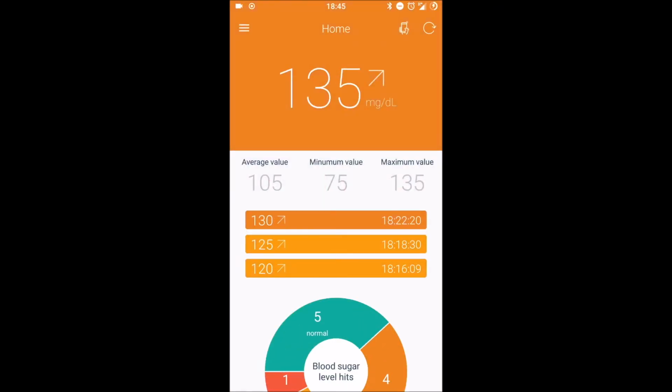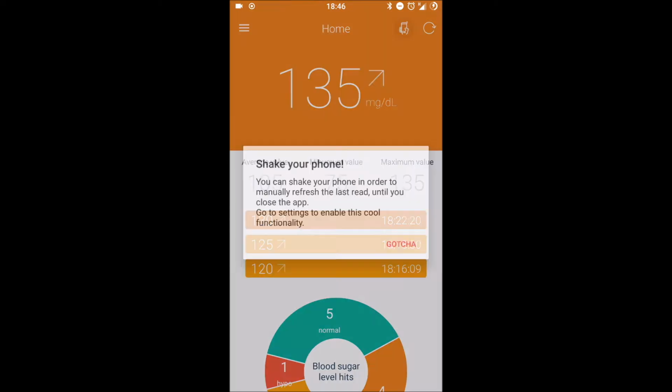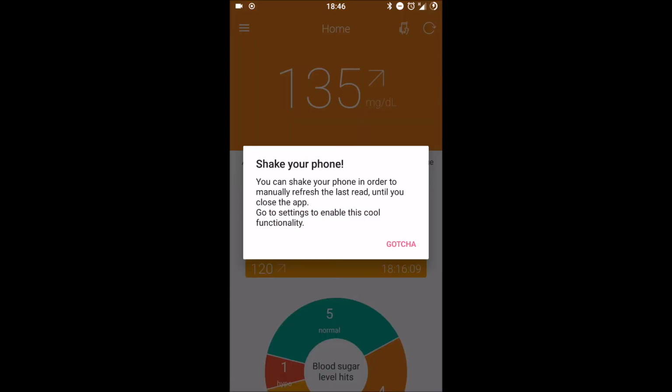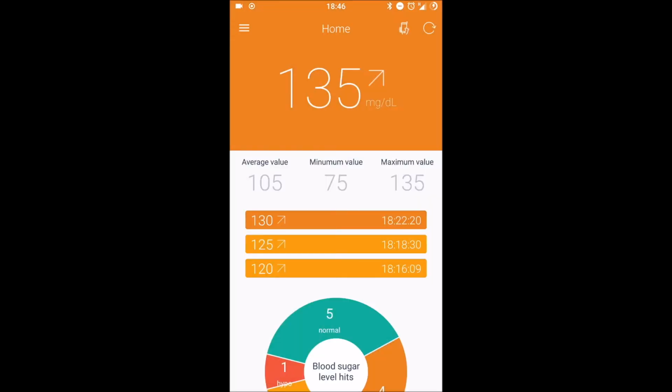The homepage will provide for the user a graphical representation of the last outcomes of the monitoring service, including charts and numerical values. As said, the app provides a continuous background monitoring, which retrieves data at regular intervals of time. Alternatively, the user can manually query the sensor by pressing a simple button or by shaking the phone if this functionality is enabled in the settings. In both cases, the smartphone communicates with the sensor by Bluetooth connection.